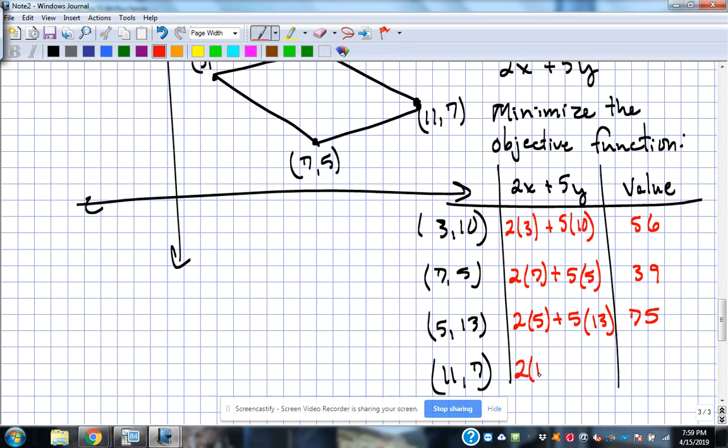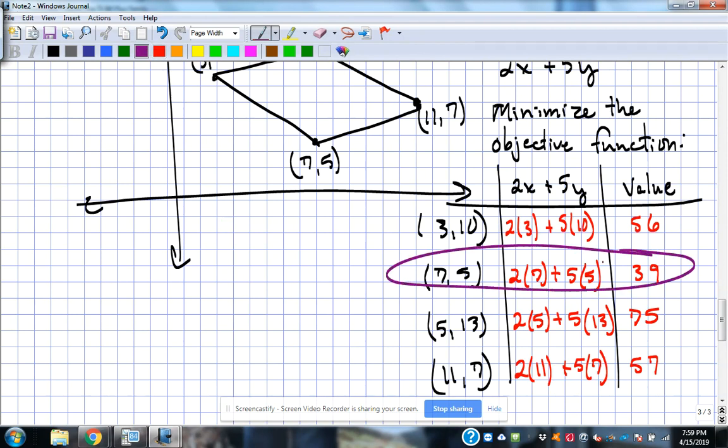And then 2 times 11 plus 5 times 7. 22 plus 35, 57. And if we're minimizing that,